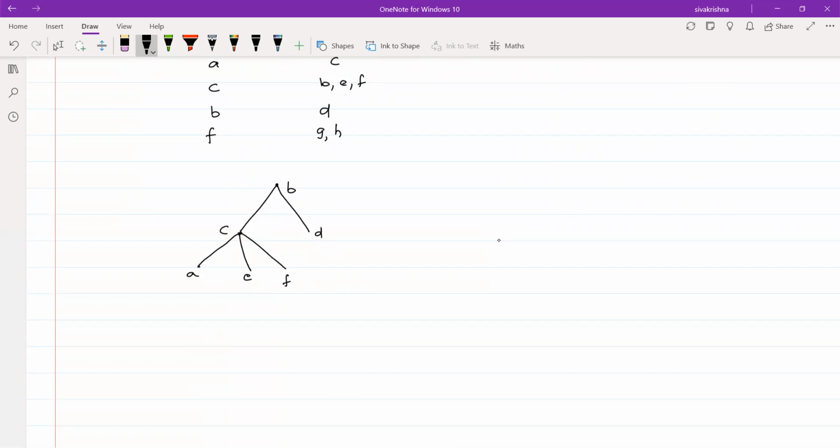So we can treat B as a root, and that root vertex can be treated as level 0. Coming to the next level, we have 2 vertices on level 1. So those can be treated as level 1. After completing level 1 vertices, we can come down to level 2 vertices. So I have completed up to C.